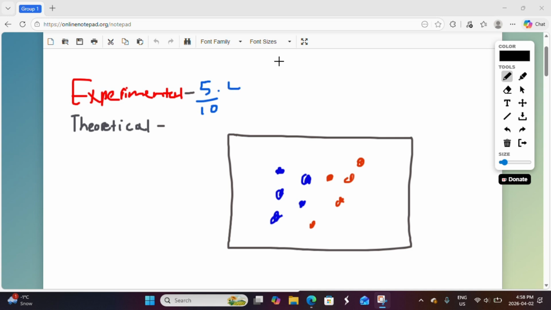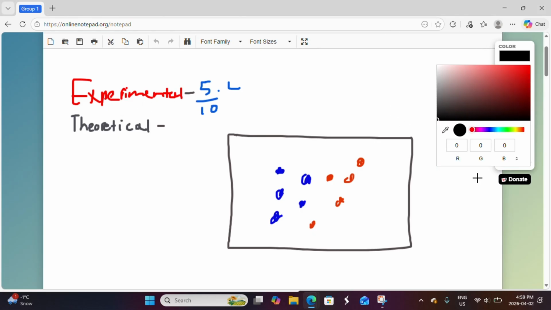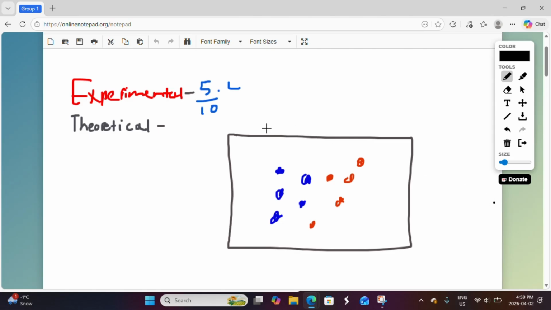Today we're going to be going over Module 2, Lesson 1. So the first thing we're going to talk about is experimental versus theoretical probability. Let's say you have 5 blue bouncy balls and 5 red bouncy balls